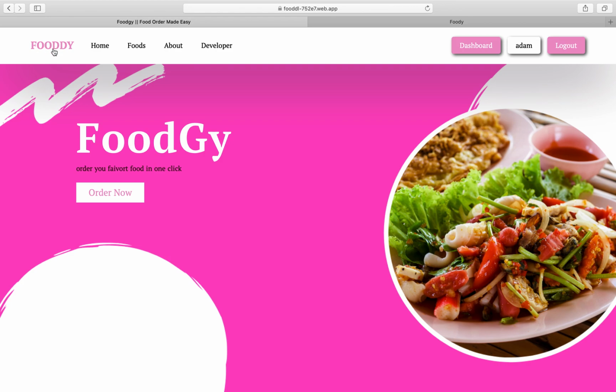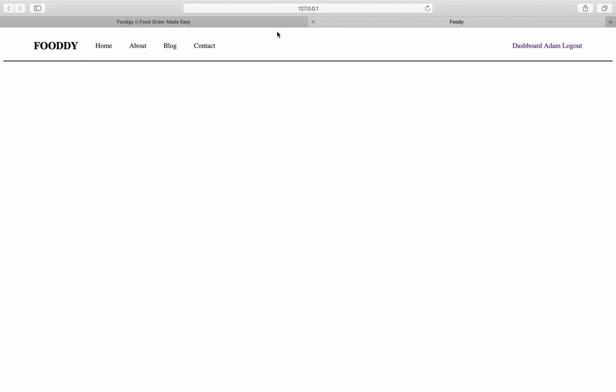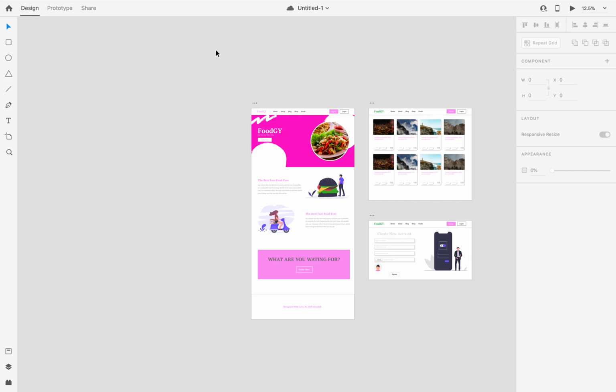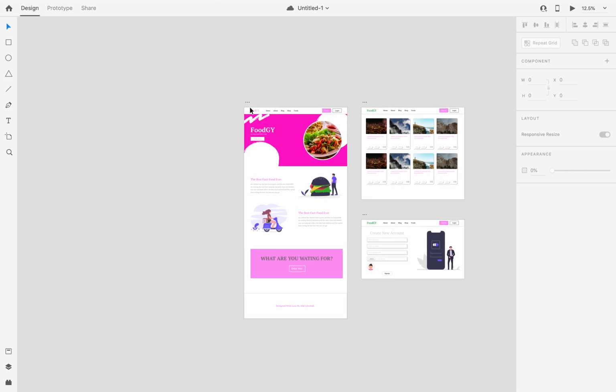So we have the logo right here. We want to focus on the logo to finish it. First of all, obviously we need to change the color of it, and I think make it a bit bold, or it's already bold, but let's change the color. And by the way, for the colors, I already have my Adobe XD open, and I can go ahead and pick all these colors